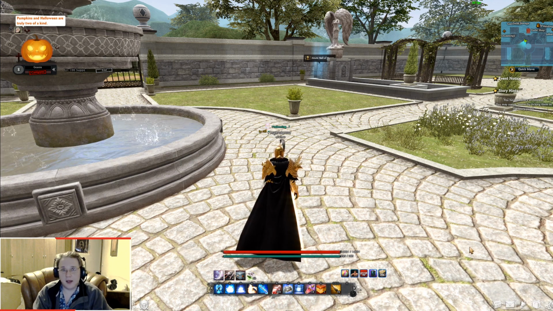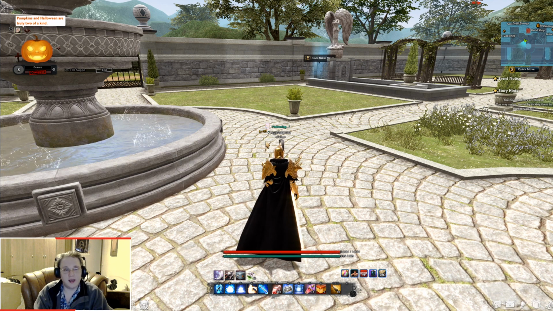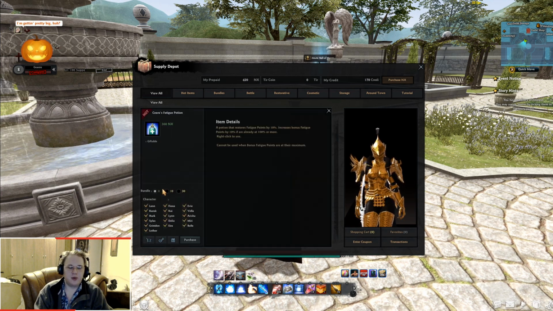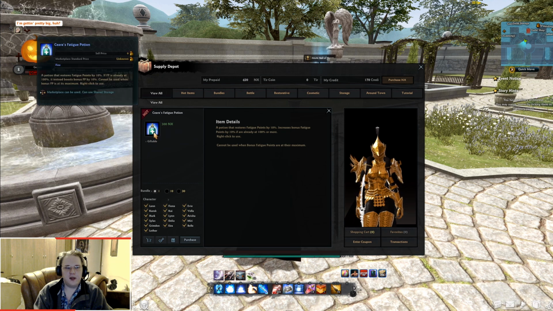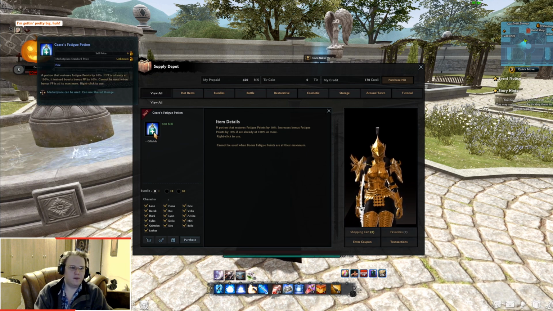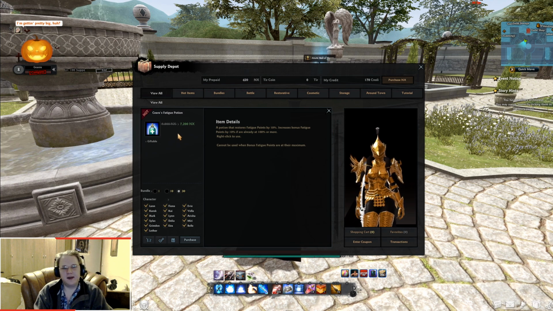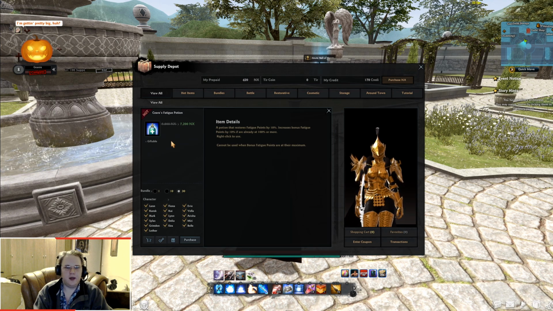And the last thing that you can do, actually, is visit the supply depot and spend real-life money to purchase the fatigue potions. 1 fatigue potion is roughly 30 cents? Or you can buy 30 for $7, but I would honestly never do that, because all the